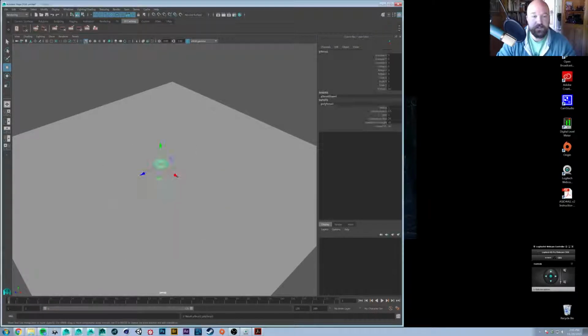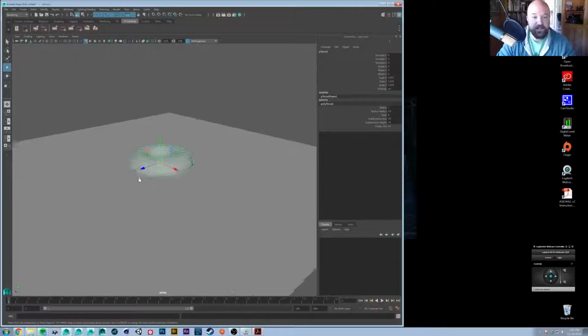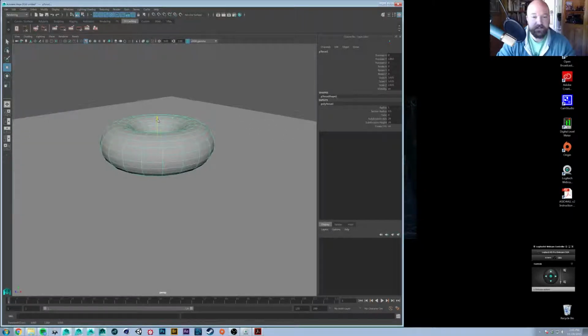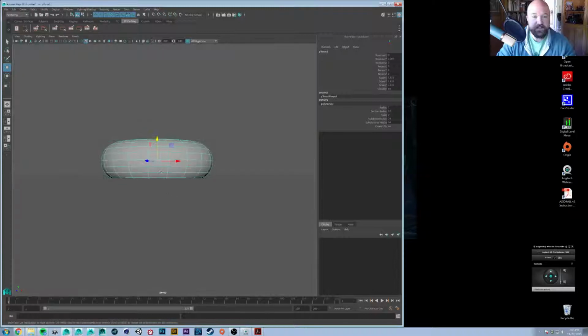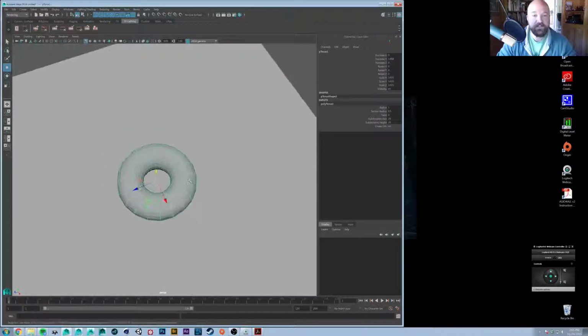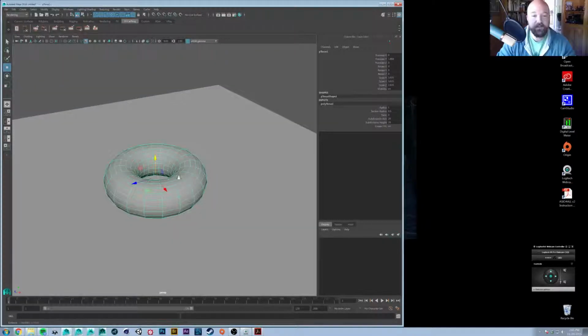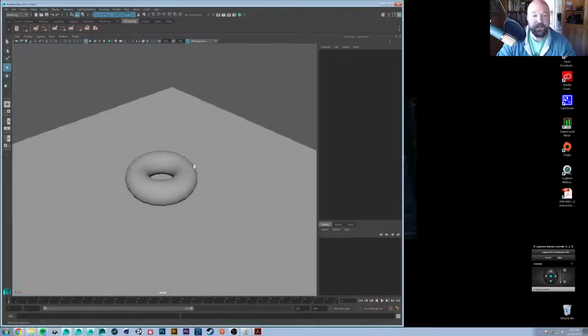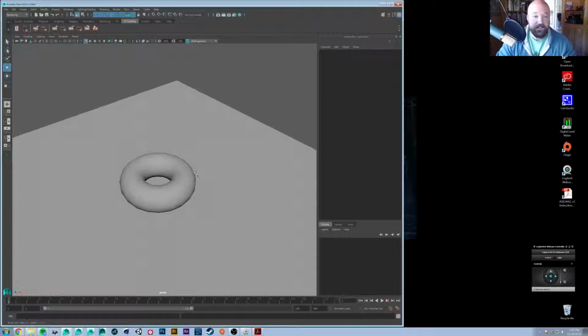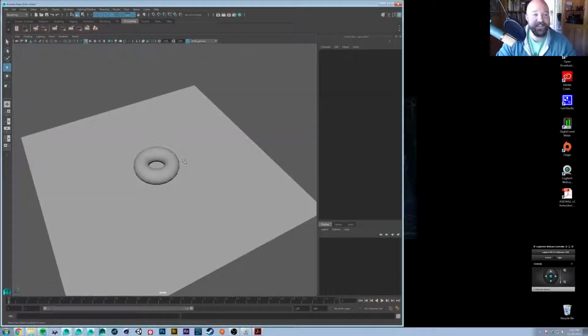Let's do a torus. Torus isn't something I use very often because you don't need them too much. For making a tire, I'd probably start with a cylinder. If I was making a donut, I would probably start with a torus. But I think that might really be the only time I'd use a torus, for donuts. Yeah, or maybe Fruit Loops or something. I don't really make Fruit Loops that often in 3D. In any case,